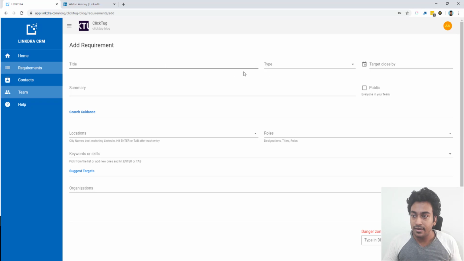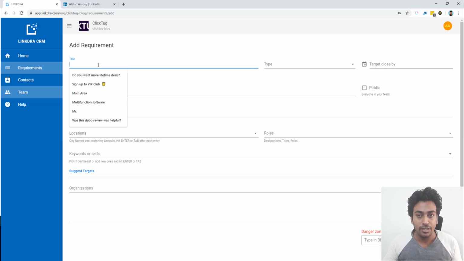All these fields, title, type, target, close by, summary and public, do not in any way contribute to your project. This is for your own informational purposes. If you are working with your team and you want to know why you created this particular task, all these are for personal identification. Here you can give some kind of